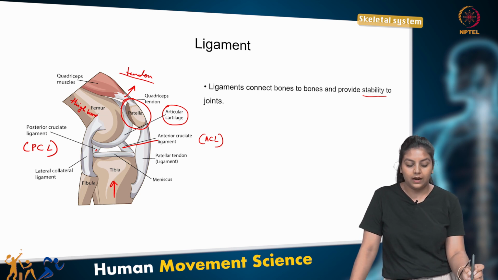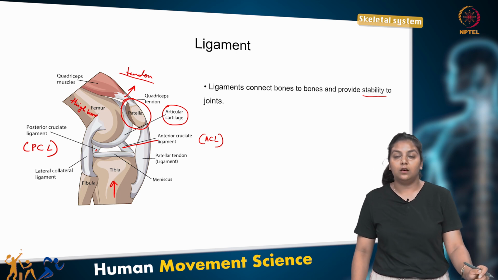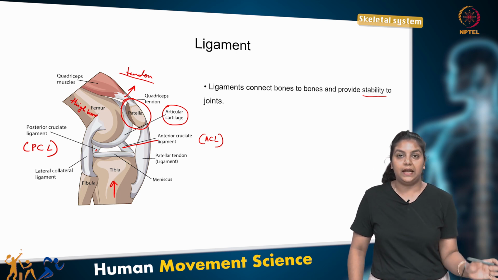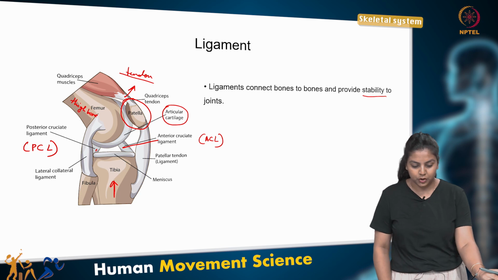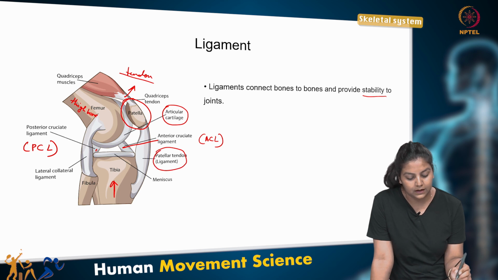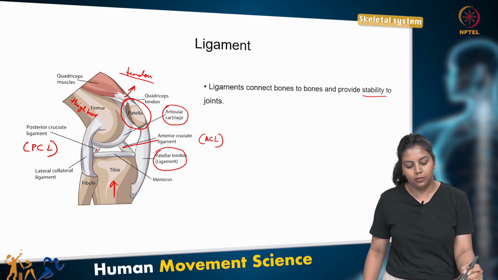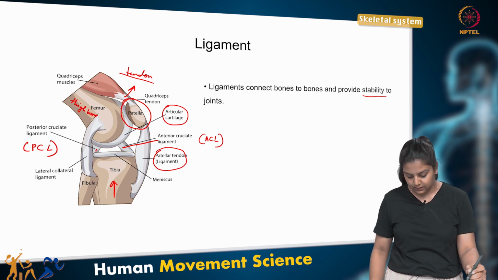We will be looking at how to manage and reduce injuries related to these two ligaments in sport. So for now, a ligament is a skeletal structure that connects bones to provide stability. Another ligament here is the patellar ligament,